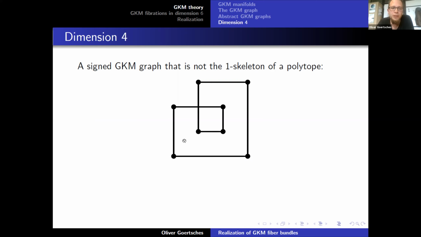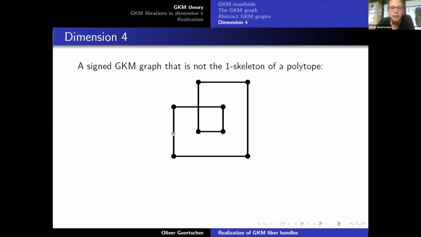So how do I want to read this picture? This is not to be seen symplectically. So this does not live inside the dual of any Lie algebra now, but I want to read this picture in the same way as before. So I don't write labels, I just have the labels implicitly defined by the way I drew this graph. For instance, the label of this edge attached to this vertex here is (1,0), because this points in direction of the x-axis. Okay, so in this way, you see that this is a signed GKM graph.